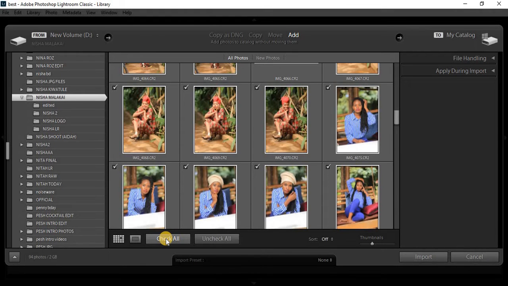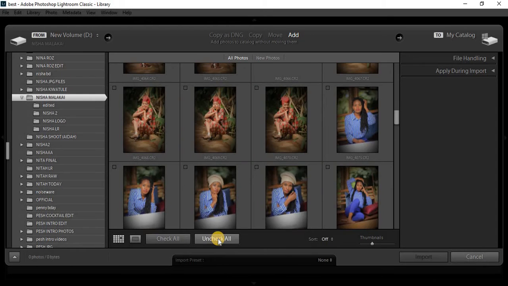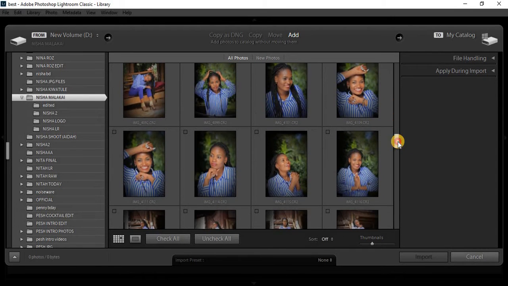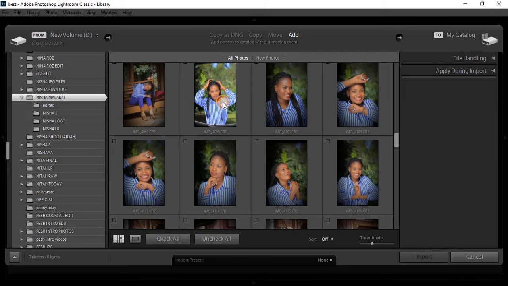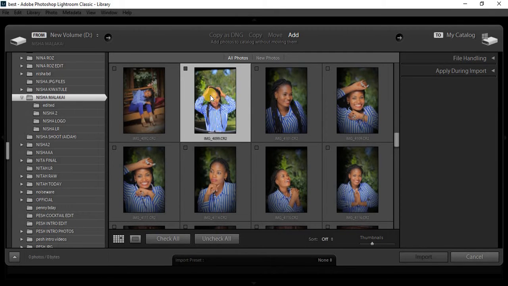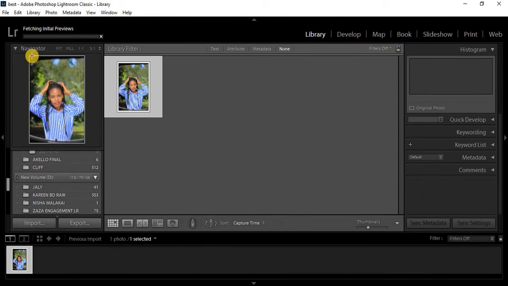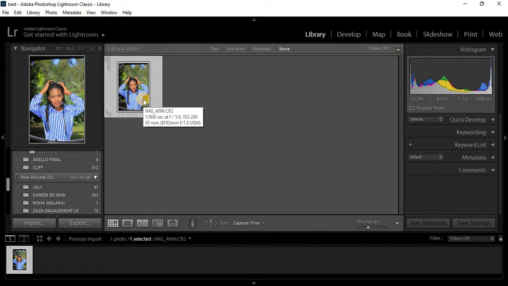For purposes of this tutorial, I only need one image, so I'm going to uncheck all. Then I'm going to move this slider until I find the image I will be using. This is the image I want, so I'm just going to select this image and click Import. The progress is going to be shown right here, and after your preview is shown, remember now you can't edit this image